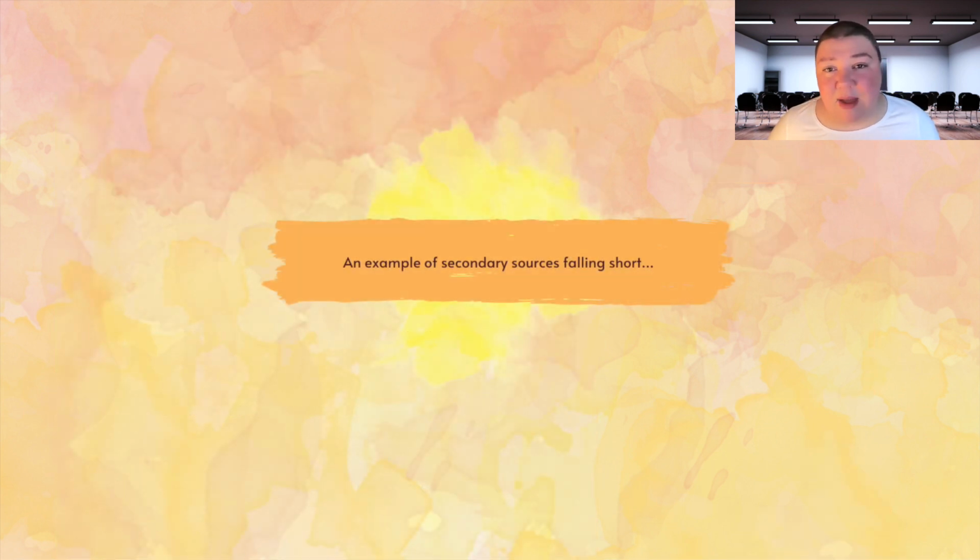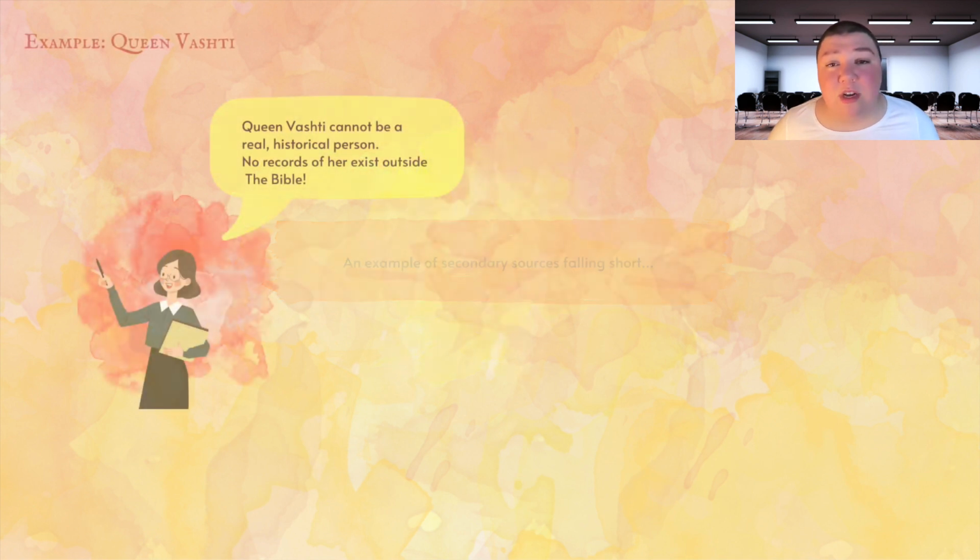Here is a simple example of how secondary sources may fall short. Historical critical commentaries on the Book of Esther conclude that Queen Vashti was not a real historical person. This conclusion was made based on her appearing in no other sources than the Bible. No other historical records of her exist. Now, at first, this may make us wonder whether or not the historical accuracy of the Bible can be trusted,